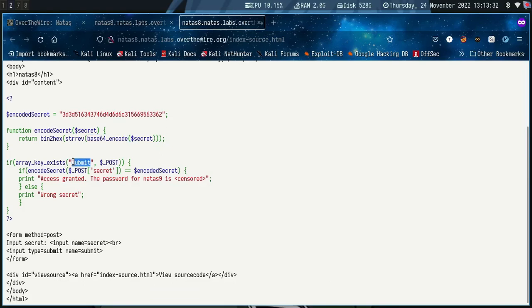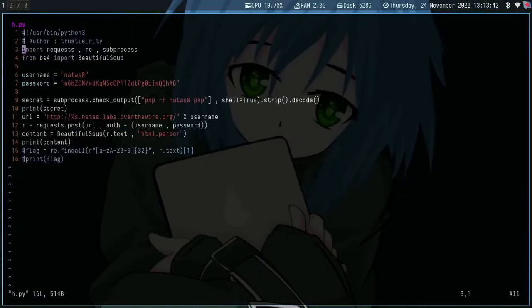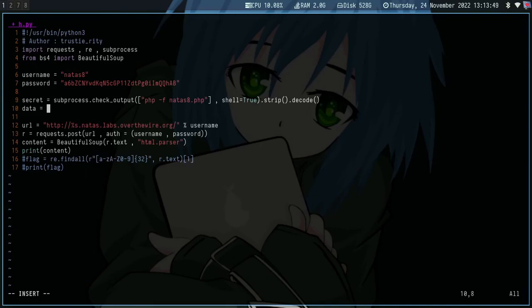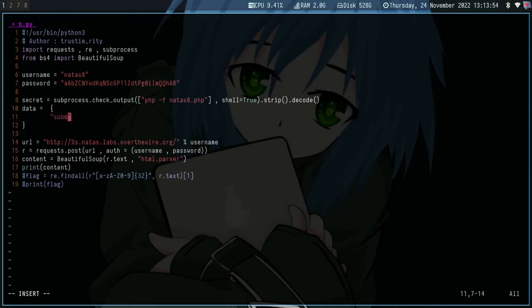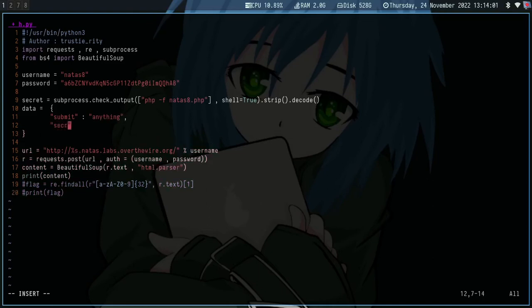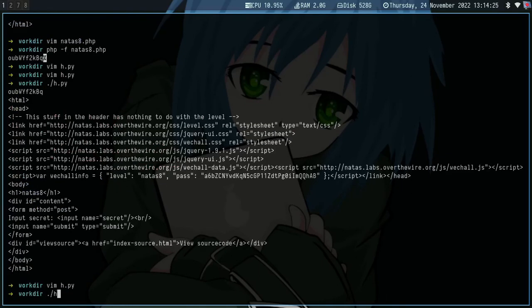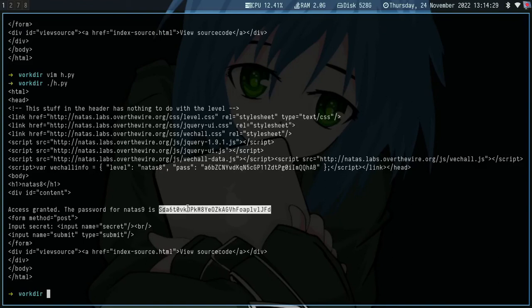As you can see here, we are checking if the array exists: submit, and it's a post request, and also secret. So we just want to do just that. I'll specify my data here, and I'll say submit equals anything, and then the secret equals this guy here. Then we want to specify the data as data, and we can send this now, and we get the password for Natas 9 is